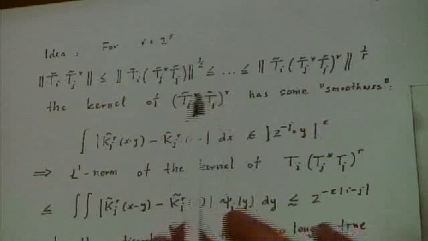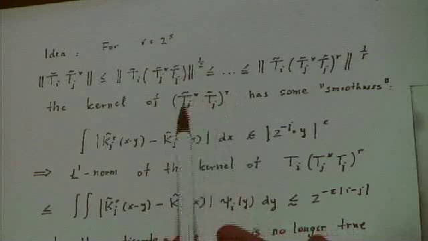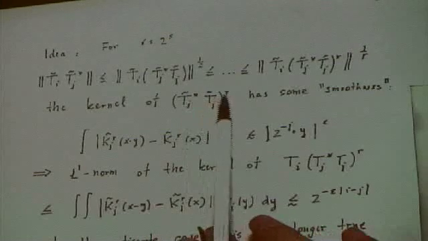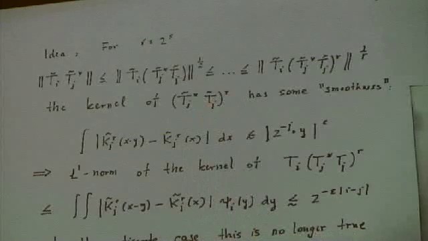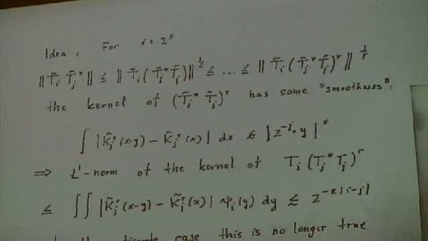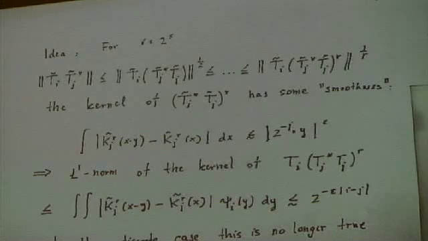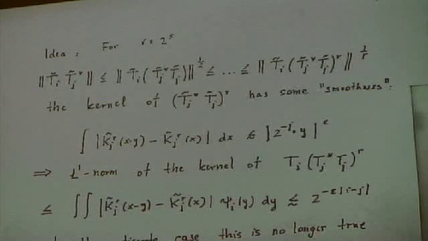The main thing is that this expression, T_j star T_j to some large power r, will have a kernel. These are convolution operators on the group, whose kernel is basically something like the measure on the curve convolved with itself a large number of times. And then the basic principle is that one hopes that if you